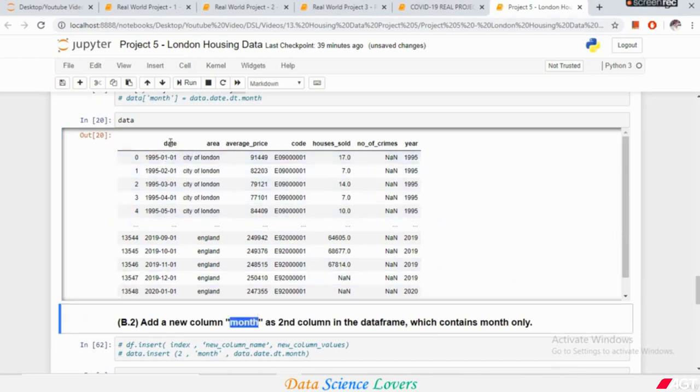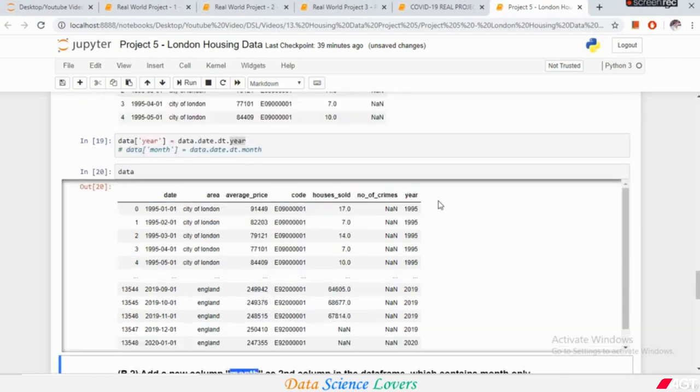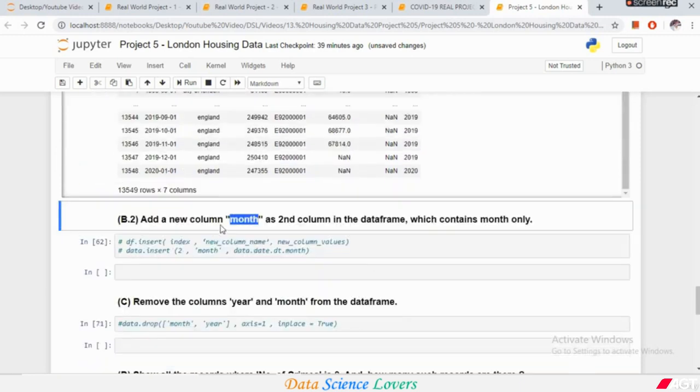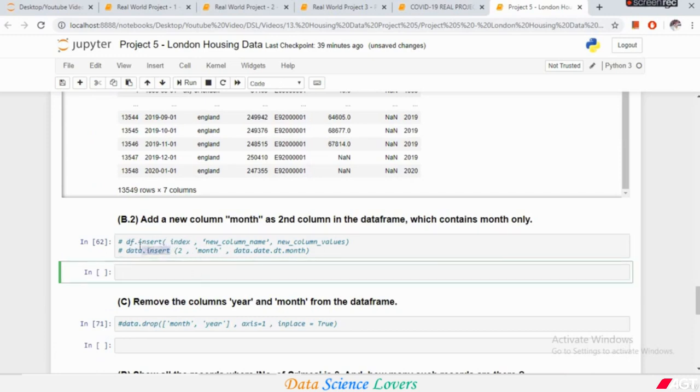Now this is the first column, this is the second column, but we have to insert a second column in the middle of date and area column. By default, if we add a column, it goes to the end of the data frame. Now if we want to add a column at any particular position, then we use the insert function or insert command, and the syntax is